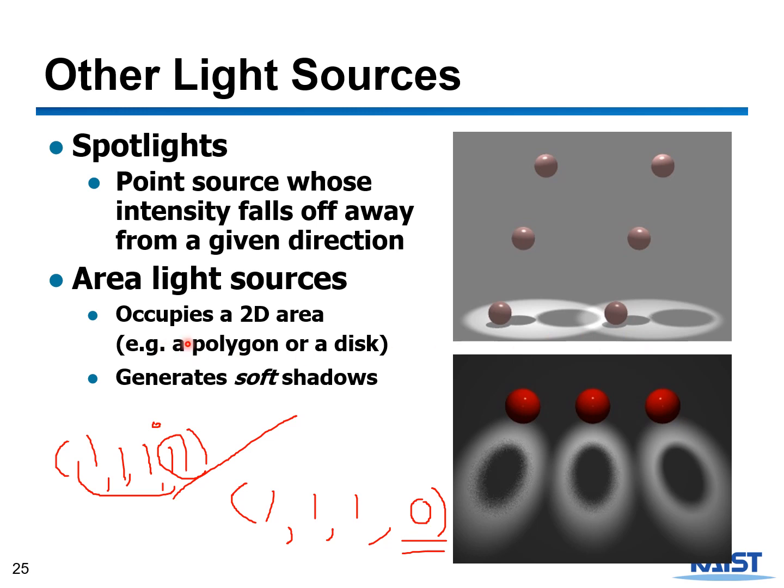Also, we can consider this kind of area light source. Before, we assumed a point light source, but here we use an area light. This area light occupies a 2D area. It's like a polygon or a disk, and that's why it generates soft shadows like this, right? So basically, with this area light and this object, at this location we are getting energy, but at that location we cannot receive it. From here it's very bright, but here we can see